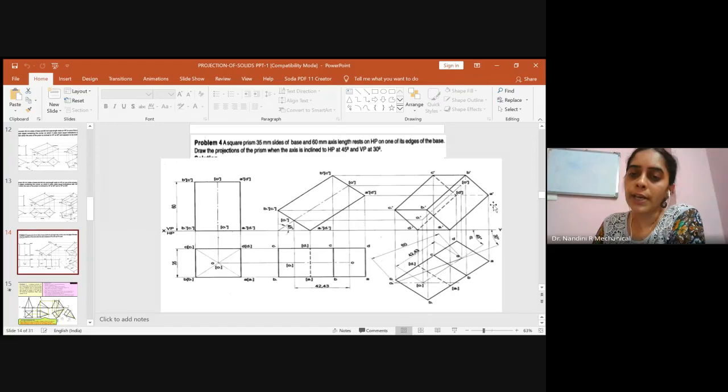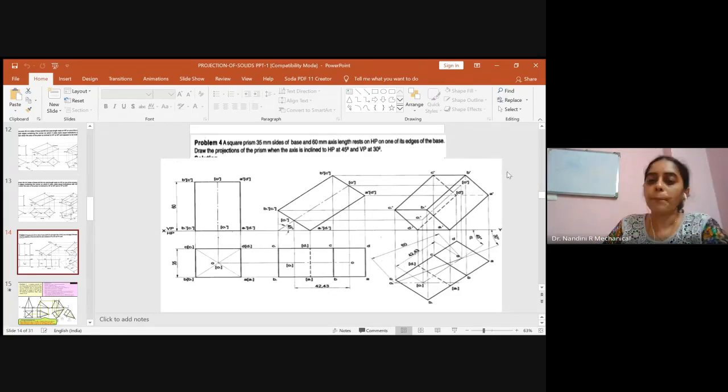Similarly, locus of A is meeting A1 dash at this point, so this is our A dash. Locus of D is meeting D dash. A and D are along the same line. Locus of D and D1 dash is meeting along the same line, so name this as D dash. So you'll come to know whether the projection is right or not. D dash and A dash should come along the same line because both points are along the same line. And then locus of C is meeting C dash at this point, name it as C dash. Locus of B is meeting B dash at this point, so name it as B dash.